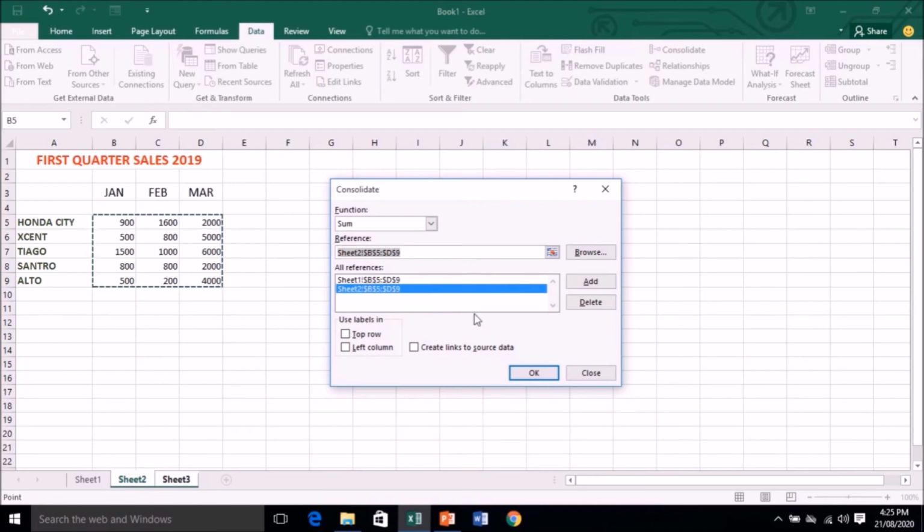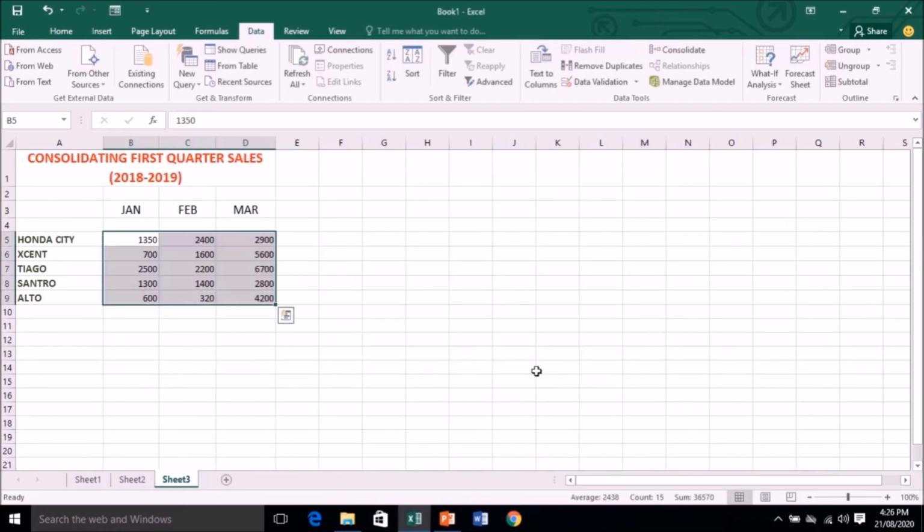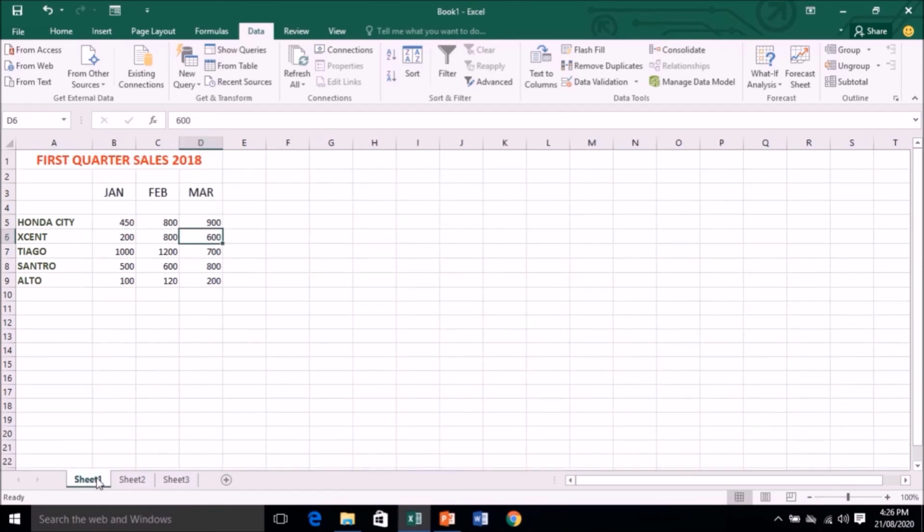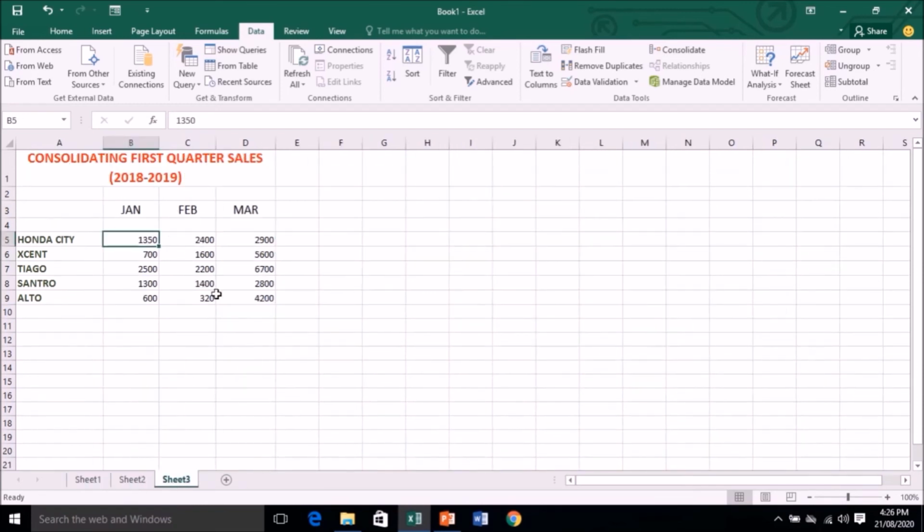And now we'll click on OK button. So this is our sheet 3. You can see the data is appeared in sheet 3. The data from sheet 1 and sheet 2 both have been added. The sum of both the sheets is being reflected in sheet 3.